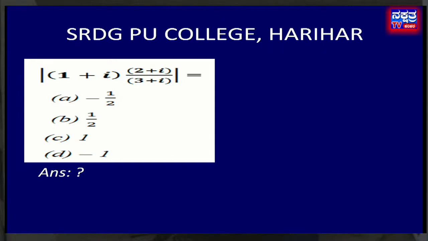Mod of (1 plus i) into (2 plus i) by (3 plus i) equal to. It is a very simple question. It is like 3 complex numbers modulus. So you can write it as z1 into z2 by z3. So you can take mod z1 into mod z2 by mod z3. If you follow the solution,